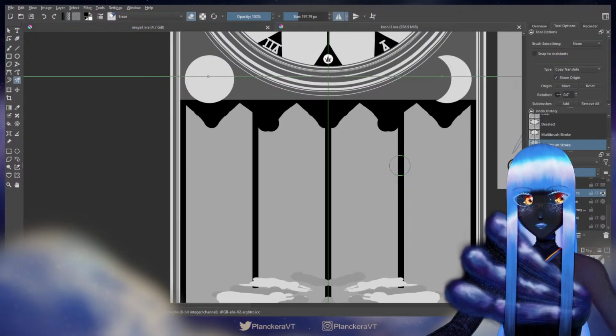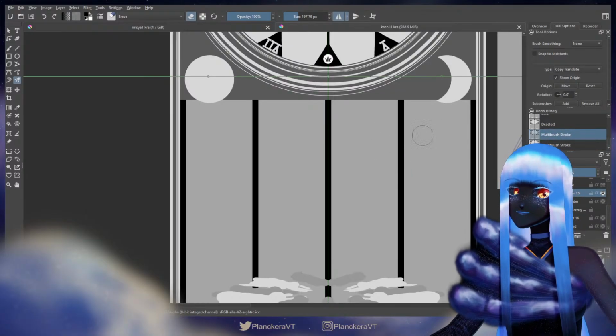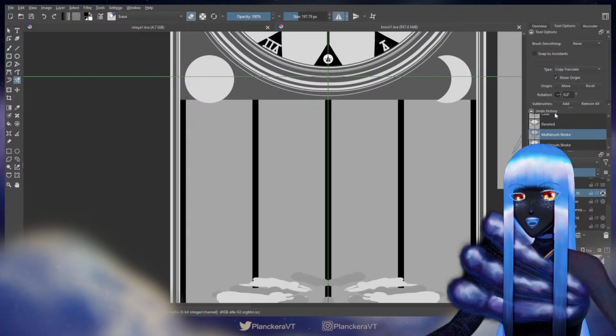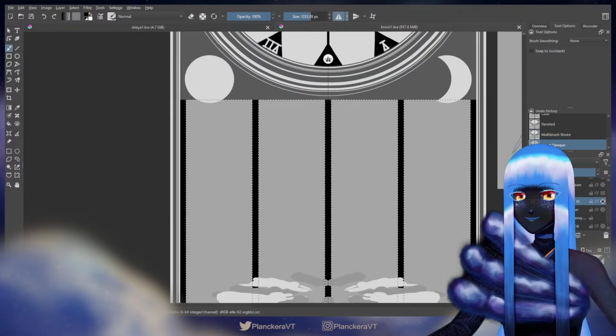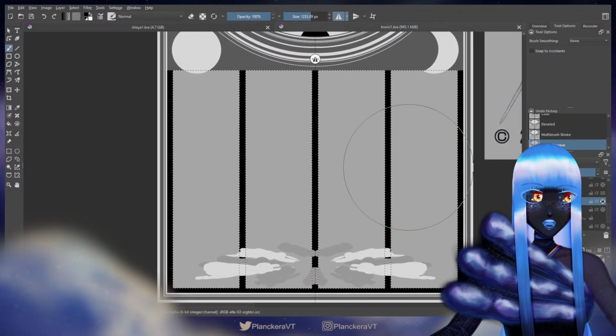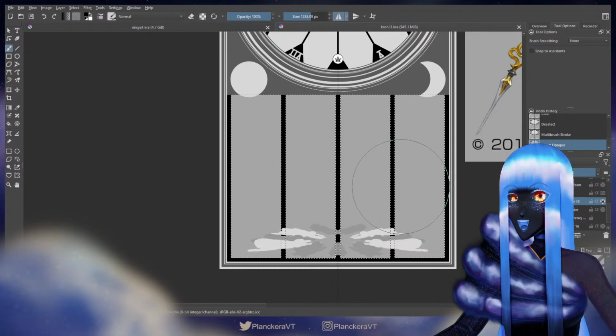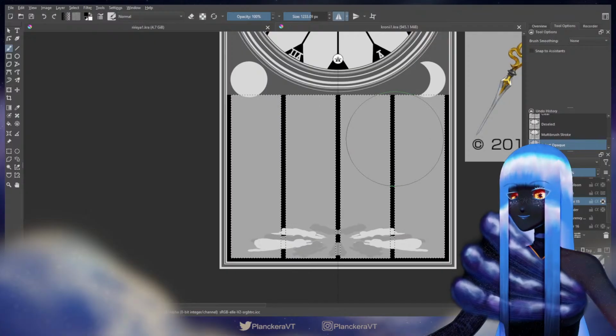I understand now. Okay. Which means it is time for a little bit more precision lines. And I'm wondering if part of that was also because I had the mirror tool on here. Perhaps.